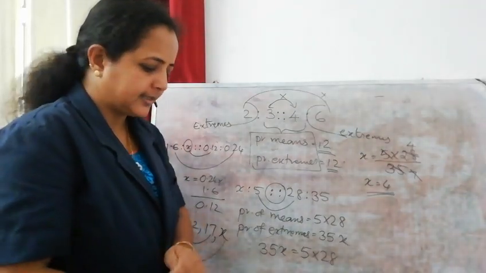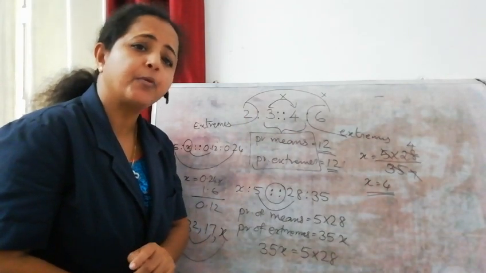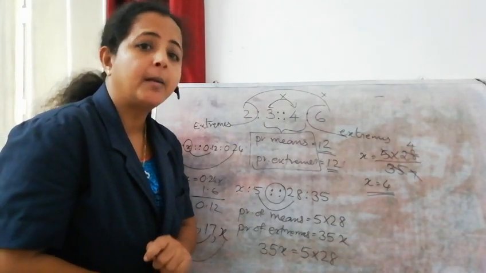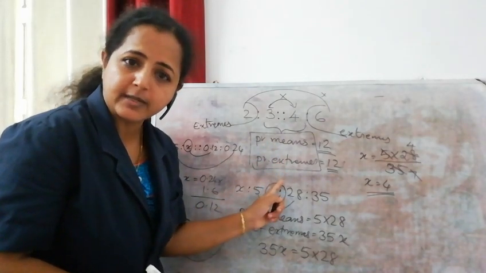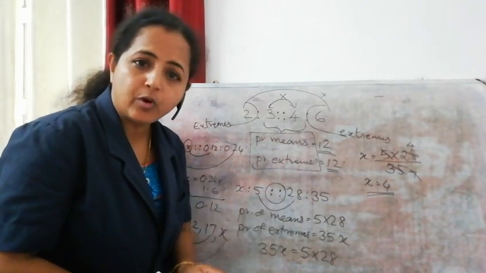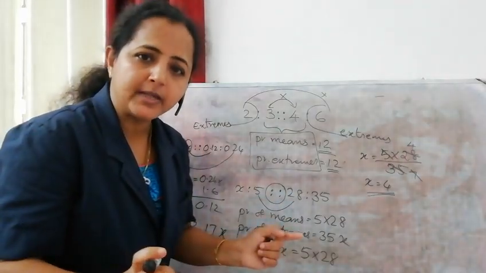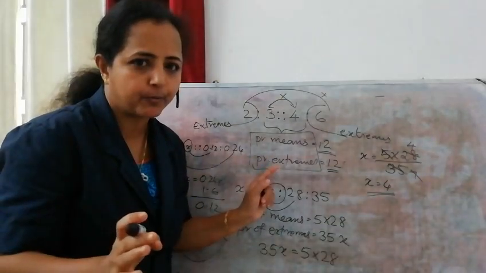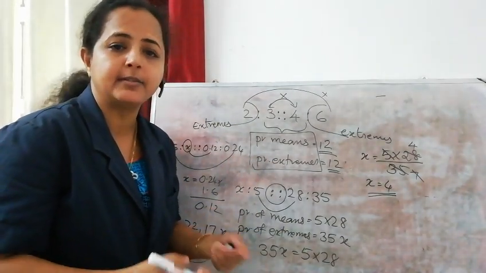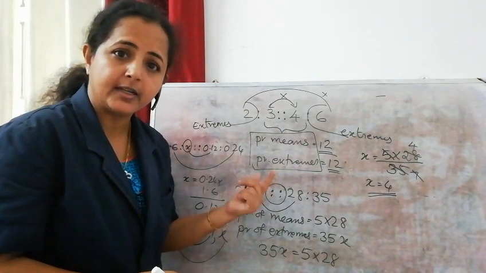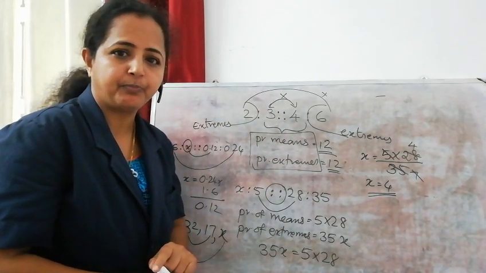Okay. Next step. How to check whether two ratios are in proportion or not? The method is to find the product of means and the product of extremes. If they are equal, we can say that they are in proportion. If they are not equal, we can say that they are not in proportion. Clear? Here we use fractions multiplication, decimals multiplication, everything we studied. We have to use the concepts we studied in previous chapters.